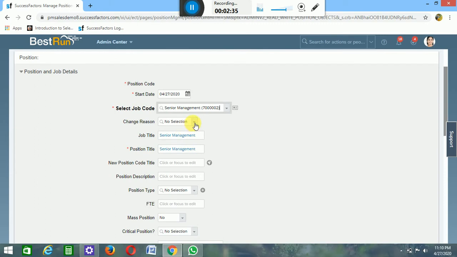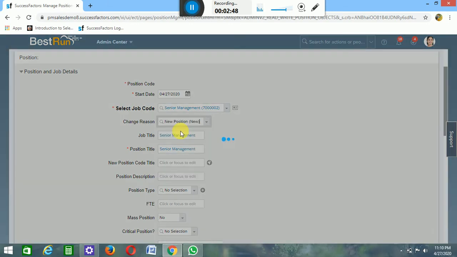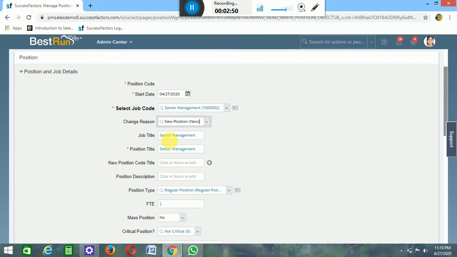Next we come to change reason. Change reason is whether we are creating a new position or updating a position which is already present. We are creating a new position, so select new position. Job title would be senior manager, or you can change it depending upon your need.